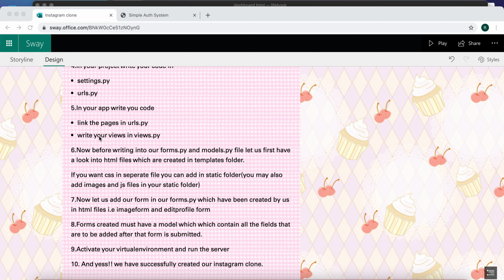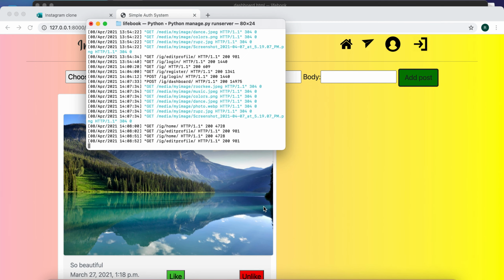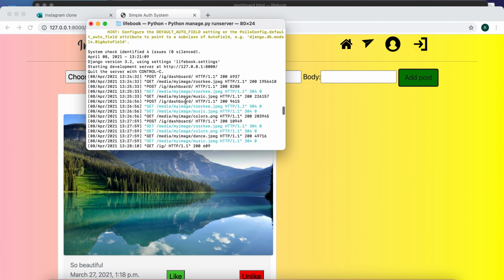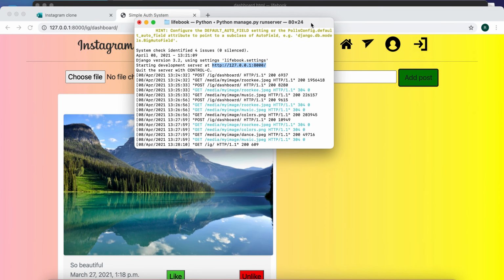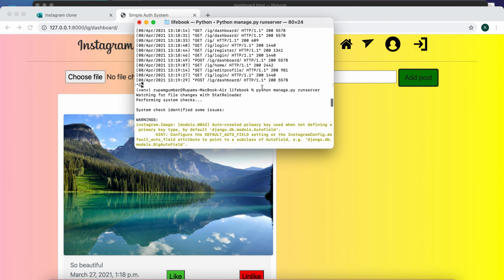And after your server is run, this thing will be given to us. Let me show you, see, starting development server at this address. So you copy it and put it over there, and according to your urls you can view your files. And see, I've written python manage.py runserver after I've activated my virtual environment.